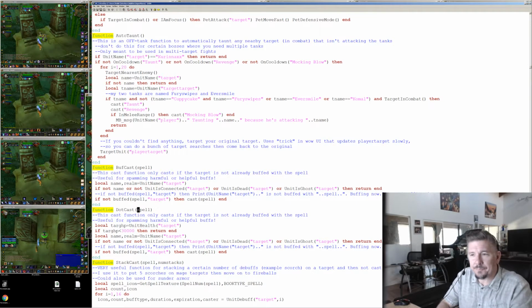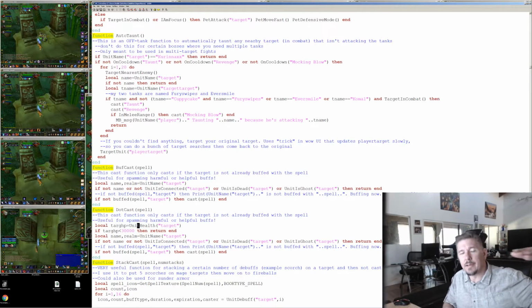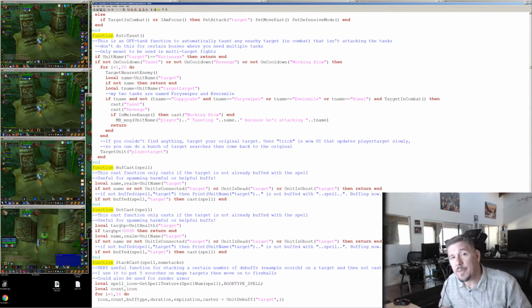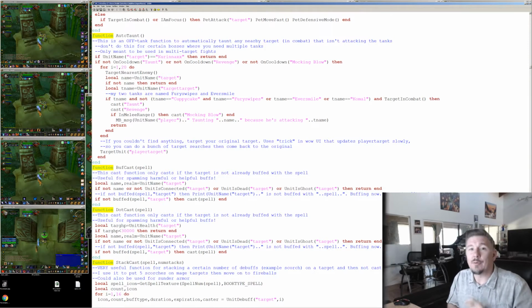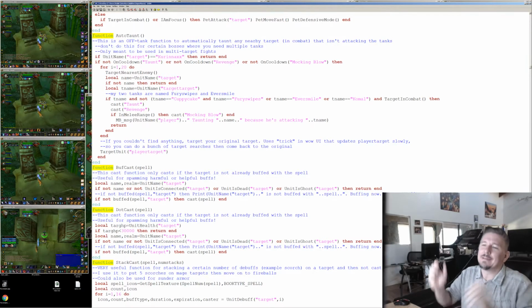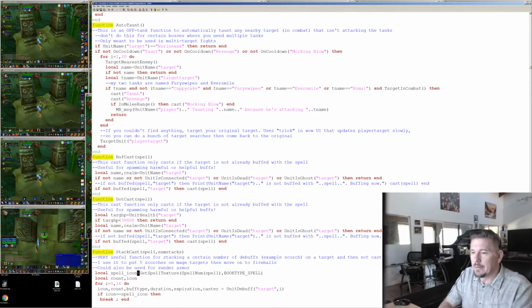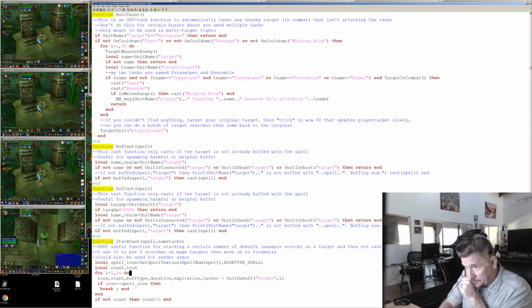So dot cast, you can put in your casting macros: slash script dot cast corruption, cast Shadow Bolt. So you're tapping that during your raid. When something is 30,000 hit points or less, you don't actually execute the dot cast. This is probably too complicated for people, but